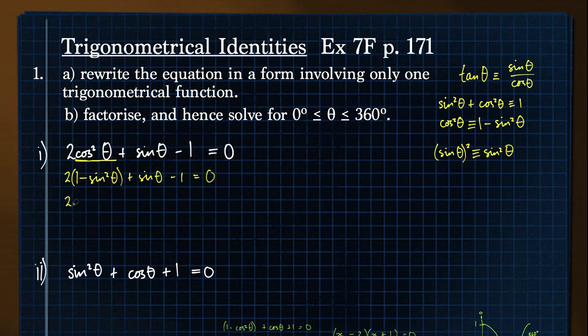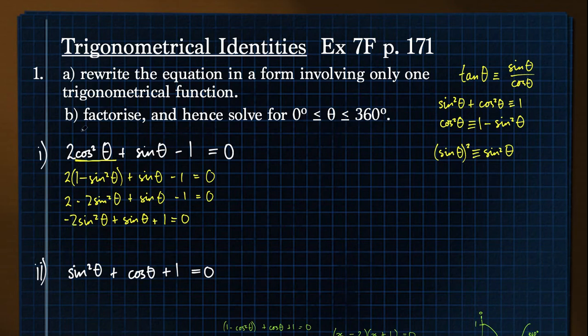Expand the brackets, 2 minus 2 sine squared theta plus sine theta minus 1 equals 0. Put the number terms together, that gives me minus 2 sine squared theta plus sine theta plus 1 equals 0. The problem here is that I've got a minus 2 in front of my sine squared